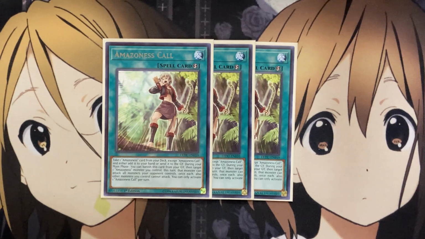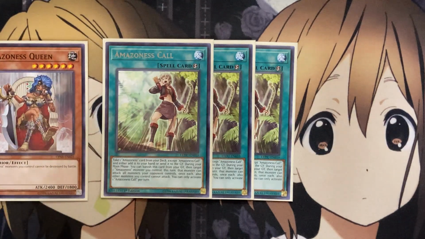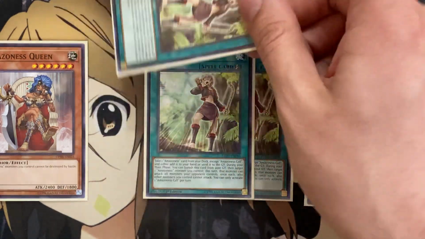And during your main phase, you can banish this card from your graveyard, then target 1 Amazoness monster you control this turn. That monster can attack all monsters your opponent controls once each. Also, other monsters you control cannot attack, and you can only activate 1 Amazoness Call per turn. So the ideal play is having your Amazoness Queen on the field and having your Amazoness Swordswoman. If your opponent has a lot of monsters, you can then use the Amazoness Call play to banish this card